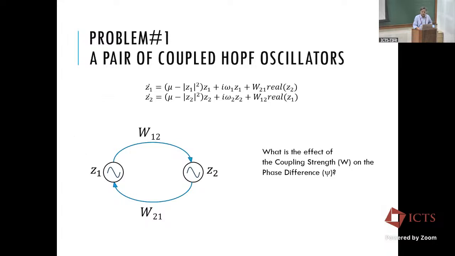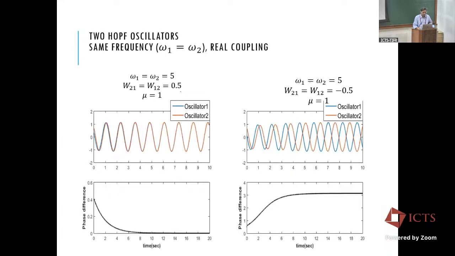Now let's start constructing networks. Let's start with a pair of oscillators, which is very easy to study. Take two oscillators, both with the same frequency, and there's a feed-forward and feedback coupling. Because I'm using the oscillators in the complex domain, I'll use the connections also in the complex domain, complex numbers. But let's start with real first. Here the coupling is symmetric, positive, 0.5. If you run them for some time, both phases synchronize and the phase difference becomes zero. Whereas if you start with a negative coupling, symmetric again, the phase difference goes to pi. We can in fact easily show that if the coupling is symmetric and positive, it's always zero. If the coupling is symmetric negative, it's always pi.